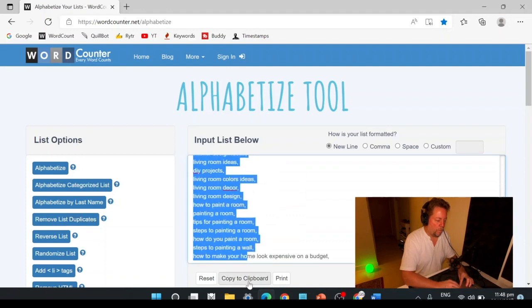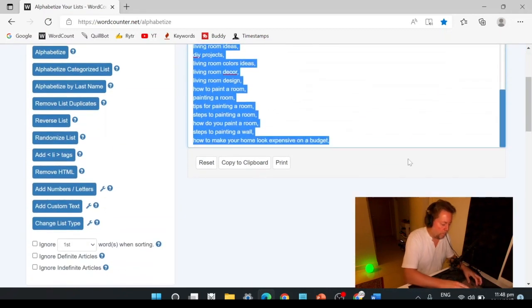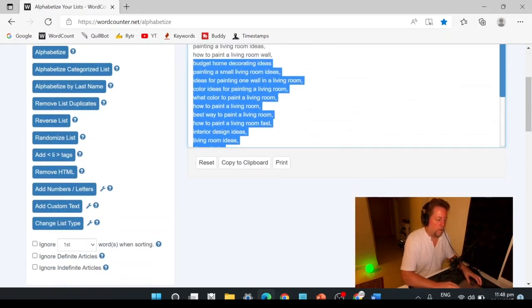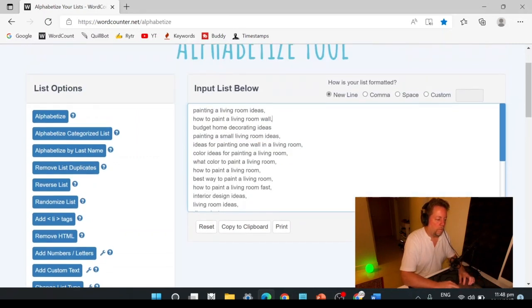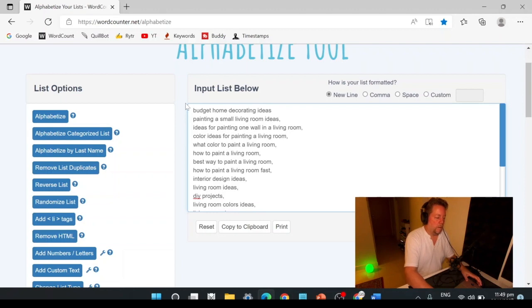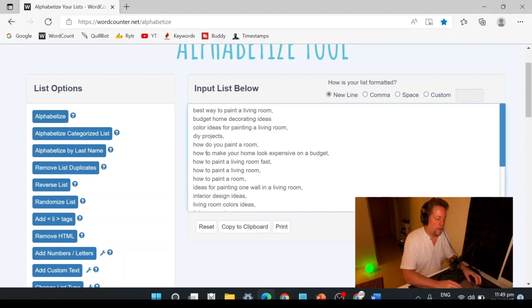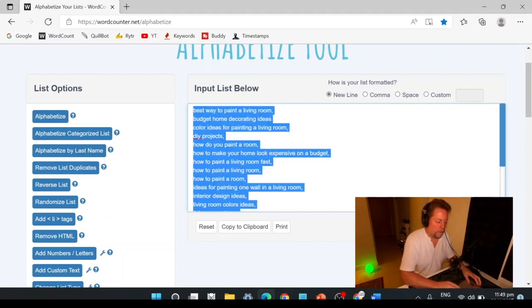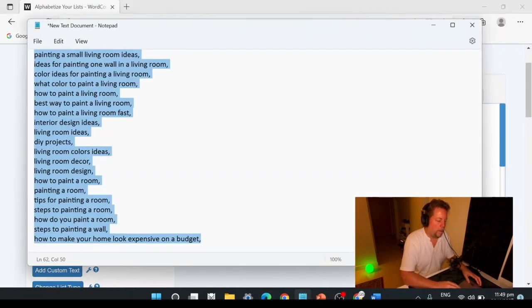So, okay, so I'm going to copy those. We'll get rid of these two. Okay, now I just want to alphabetize these. I want to put these in alphabetical order, which they are now. Select all, and then go back.